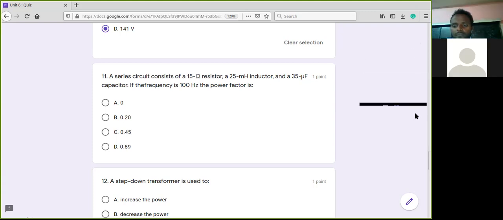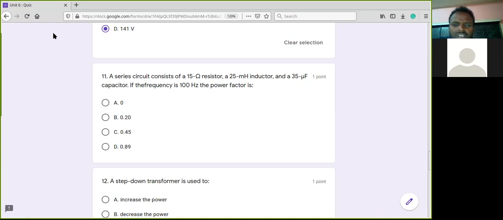From tan inverse of theta. XL minus XC over the resistance. Yes. So tan inverse of XL is,